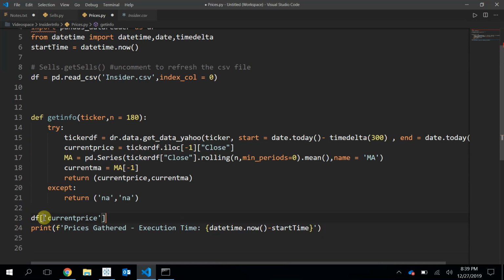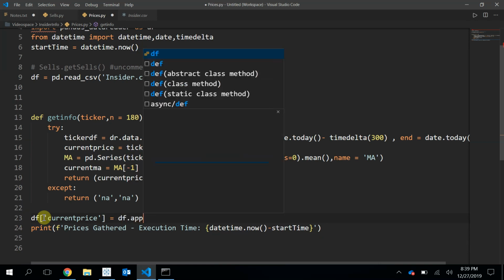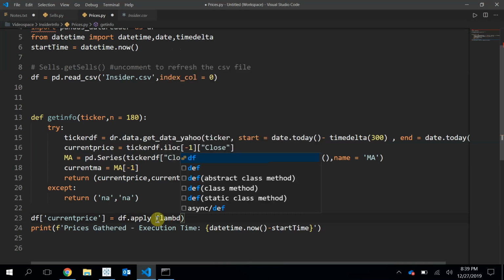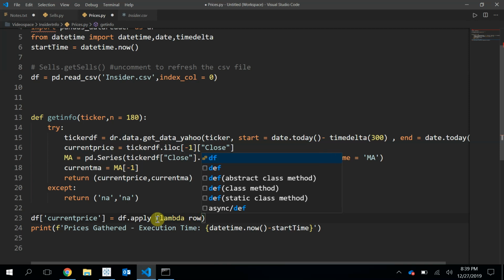And this is going to be equal to dataframe.apply. Now apply takes in an argument of a function, and for that function we're going to be using what's called a lambda function. This is just a way for me to create my own function. So lambda, and what we're going to be passing in this lambda function is a row. So for each row in this data frame, the previous data frame, I want to get